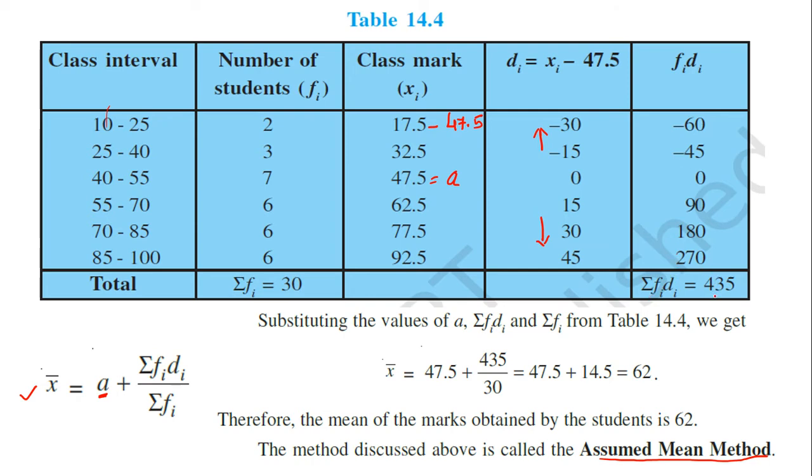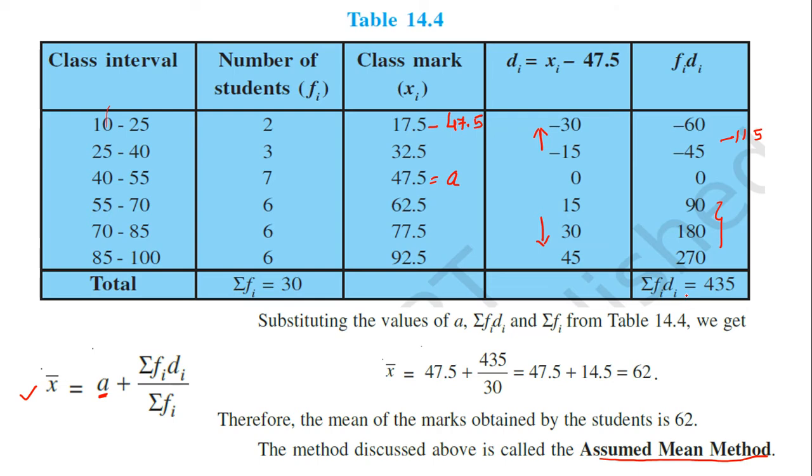So why did this small number come? Because the three numbers will add, but here both of these numbers are minus. So minus 60, minus 45, that is minus 105, so minus 150, and plus all these positive numbers. So from this sum, the negative total will deduct, so 435 will come. Okay, because plus minus is minus, so 435.